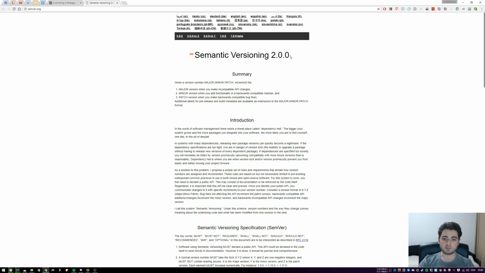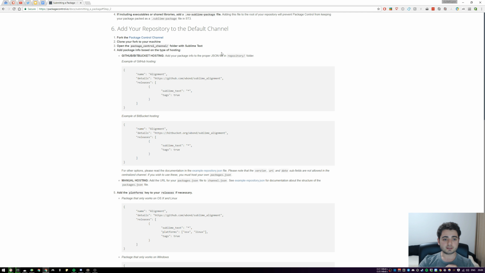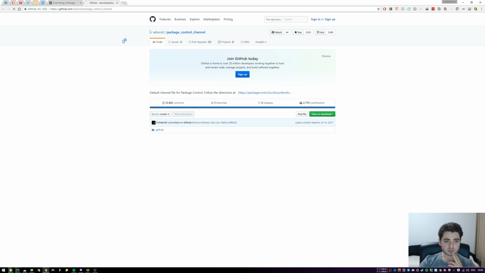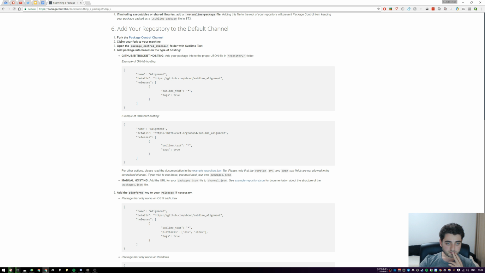Okay, prepare your repository. Basically, remove some files that are binary and unnecessary. Add your repository to the default channel. All right, that's getting interesting. So fork the package control channel. Okay, so this is a GitHub thing. So package control is a GitHub repository, which we need to fork, and then we clone the fork to our machine, and then we just open some file, I guess,